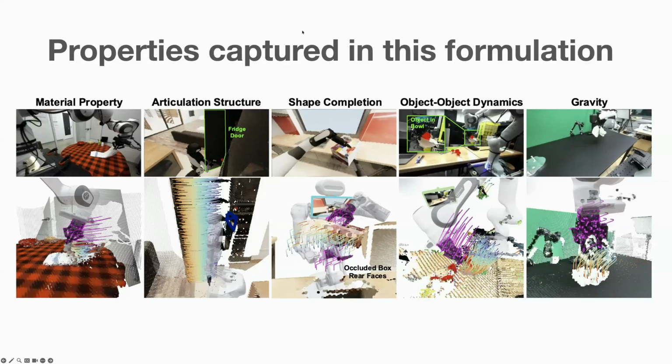And if it's an articulated object like a fridge here, it needs to estimate the articulation structure from the same formulation. So there's no explicit articulation estimation here, but to do the task, you really need to do this implicitly. And also, I think what's interesting is that when you're dealing with a large object, inevitably it has to be partially observable. For example, if it's a large box, then you probably wouldn't see the back panels of the box.